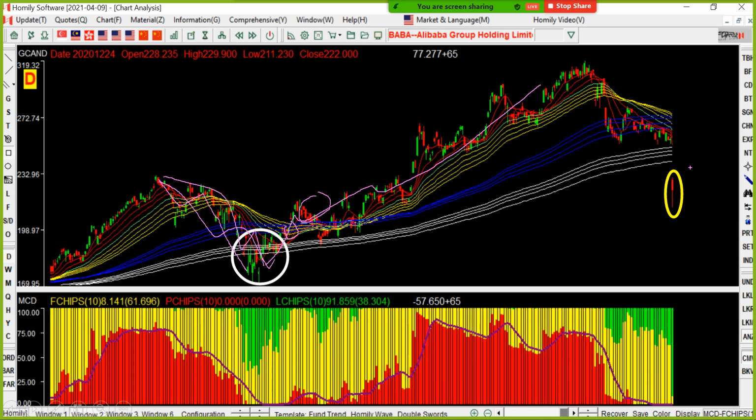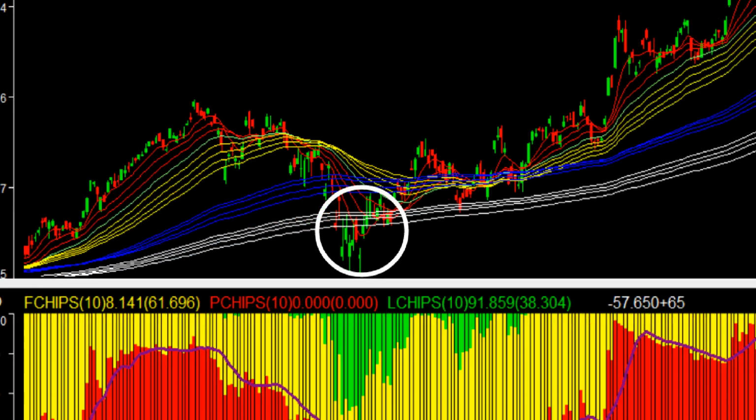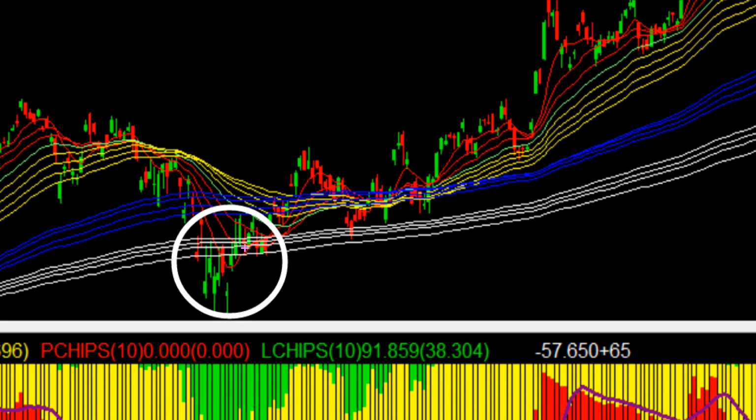But if you are not investing for the long term, I think it's not a good time for you to buy. There are so many strong sectors among USA shares, so we don't need to buy Alibaba. We can wait for a while. When you see the chart stop dropping further and return back above the wet rainbow, maybe we can buy a little bit of position.